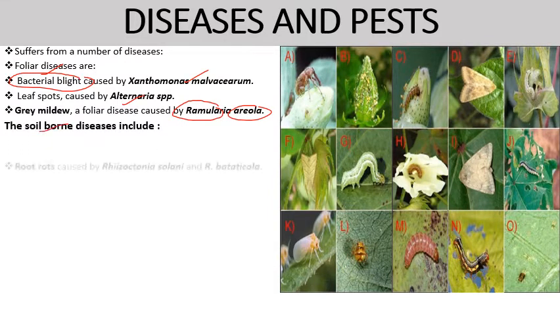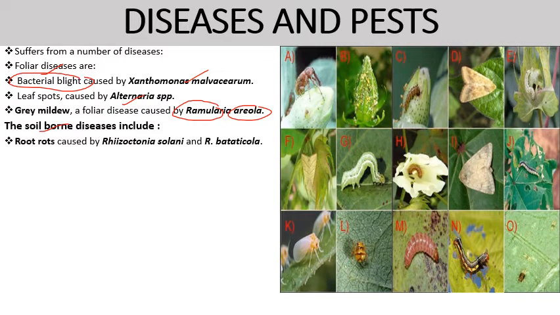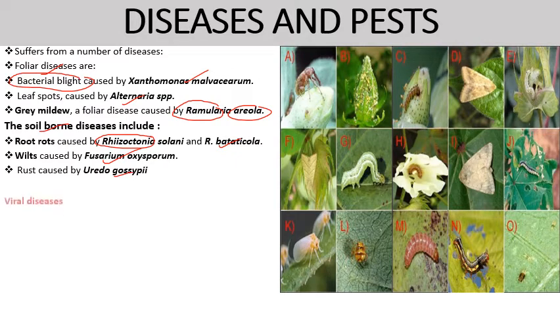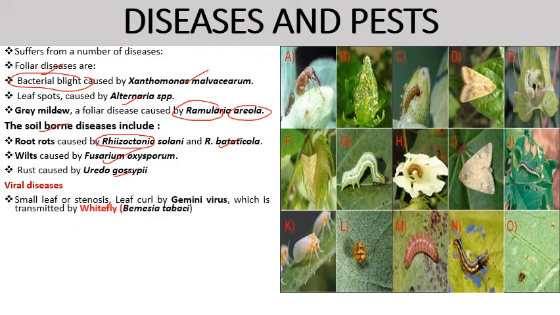Then comes soil-borne disease, which includes root rots caused by Rhizoctonia solani and Rhizoctonia bataticola. Then wilt disease, caused by Fusarium oxysporum. Rust disease caused by Uredo gossypii. Then viral diseases, which include small leaf, leaf curl by Gemini virus, which is transmitted by whitefly,